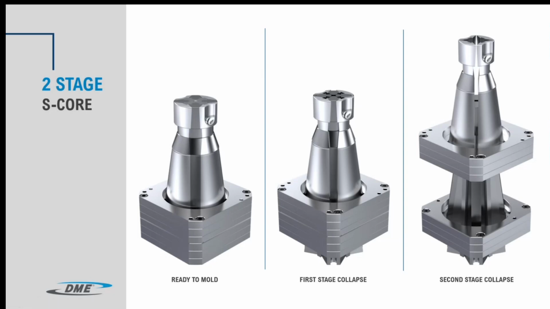It means the segments don't move together like in the standard core. They move step by step. In the first stage, the smaller segments move inside to give space for the bigger ones so that they can collapse a little more, because we have a higher percentage of undercut that we can eject. They need more space than in the standard version. This is the reason why on the first step the smaller sliders move, and then they give the space for the bigger ones to move forward. And this is the reason why we have the second